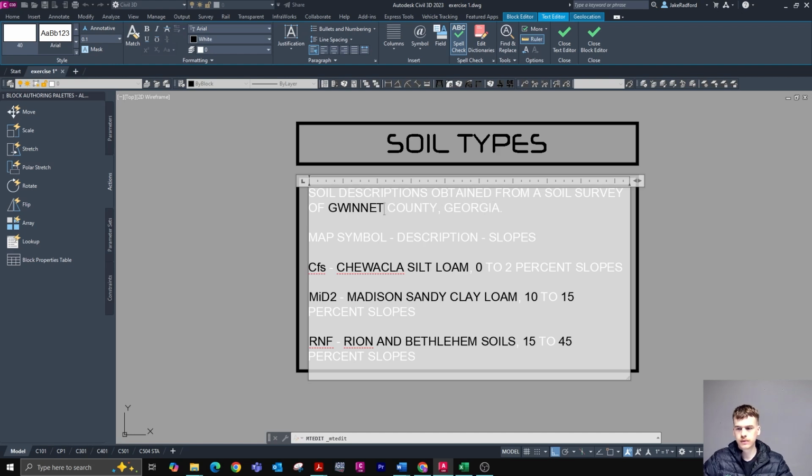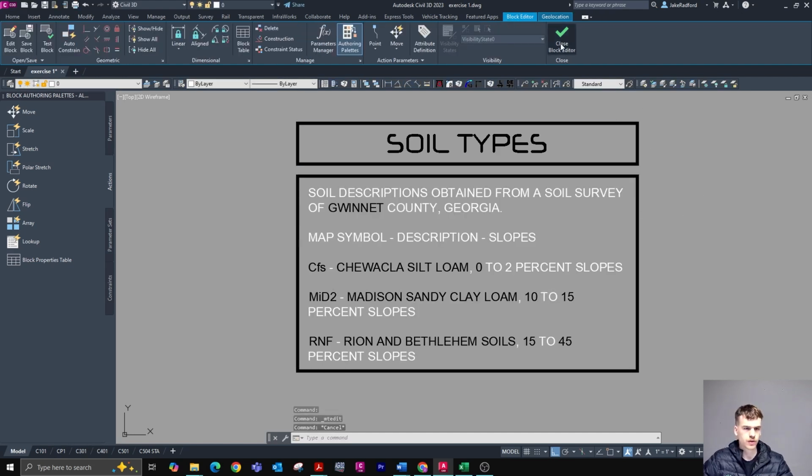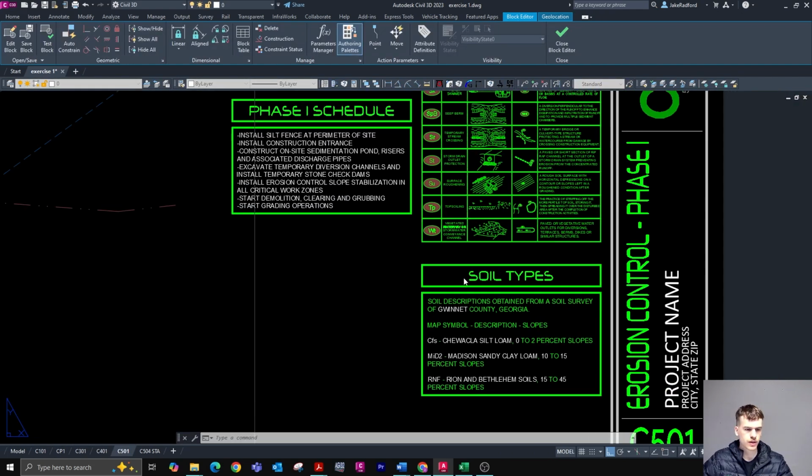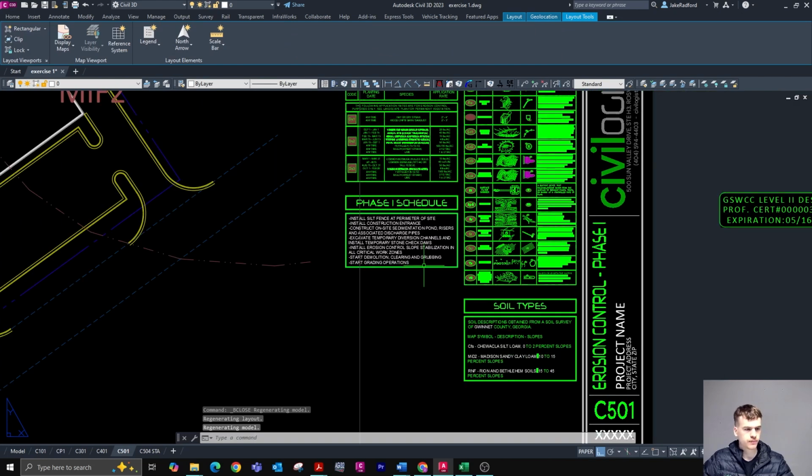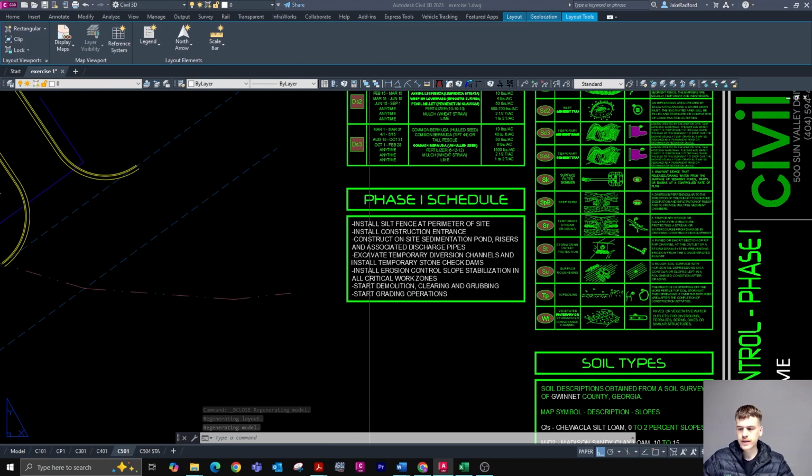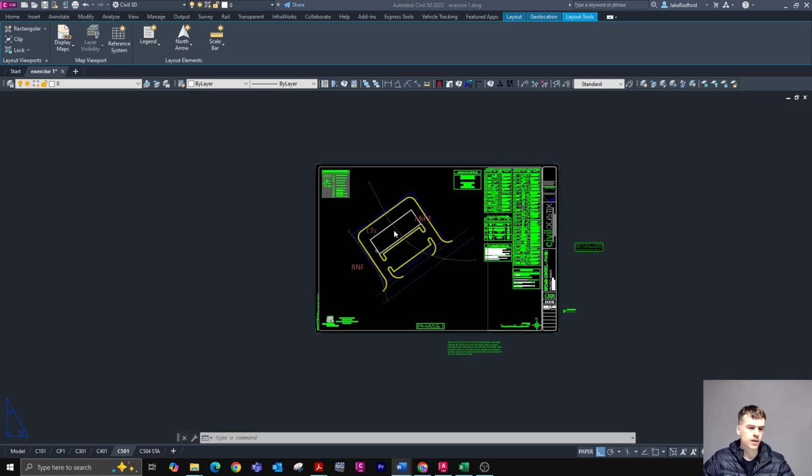Gwinnett. And let's go ahead and close the block editor, save the changes, and this is going to be updated for us. Okay, our next task is going to be determining whether or not the site is located within 1 mile